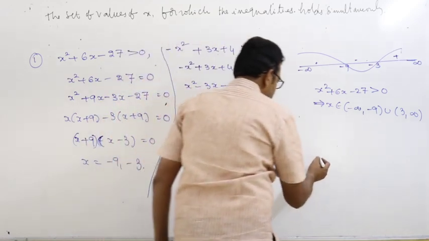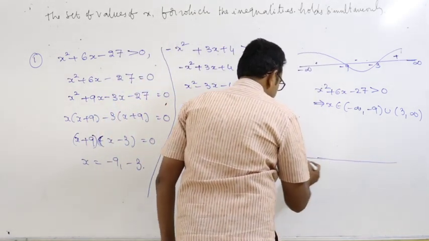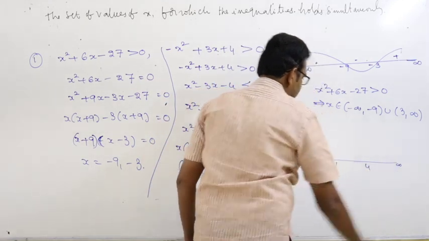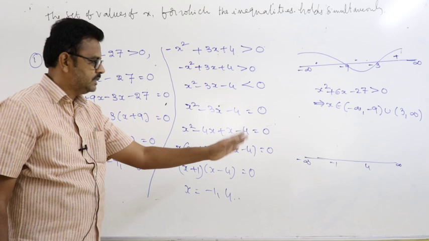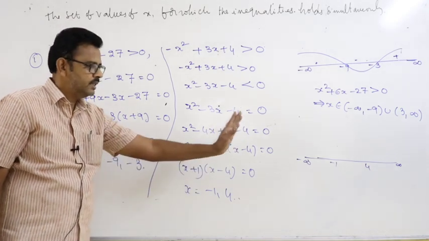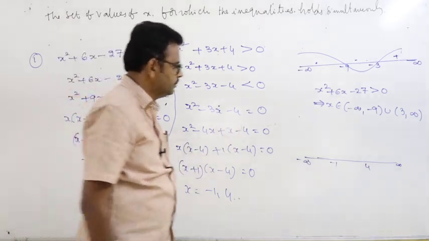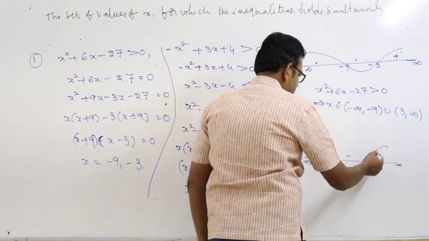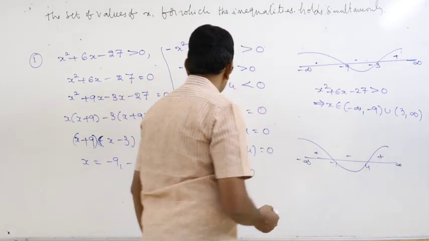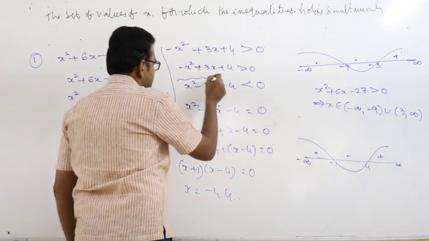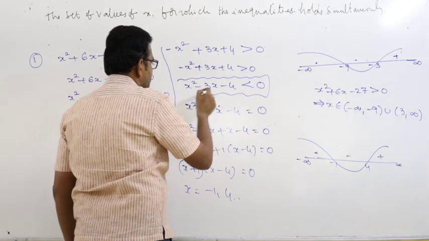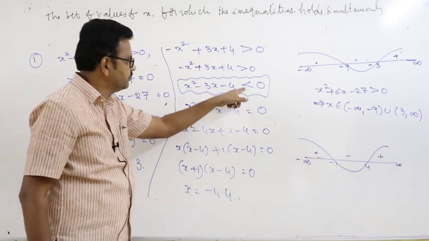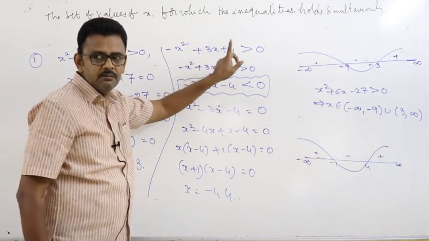For this also, use the wavy curve. Minus infinity, first minus 1 and then 4, plus infinity. Alpha, beta: first write the smaller root and next write the bigger root. To the right of 4, put plus, here minus and plus. So this is the curve. Now what about this one? See this, less than 0. This is greater than 0, but I am taking minus common, so this is less than 0. So both are the same.